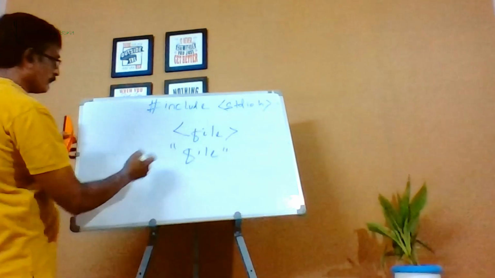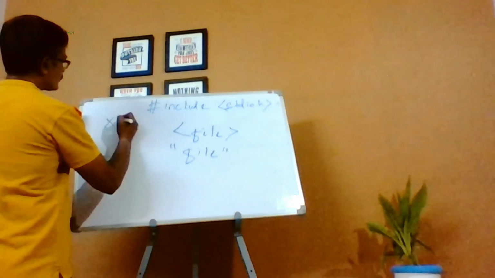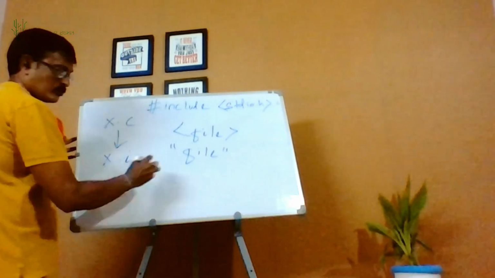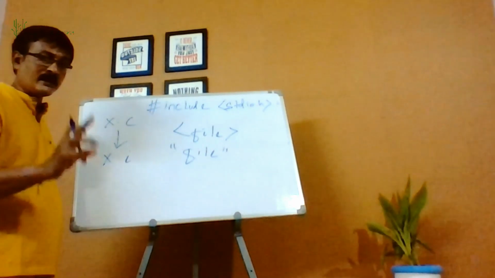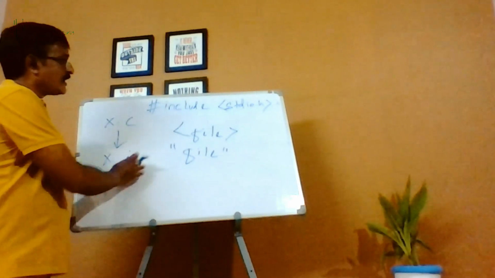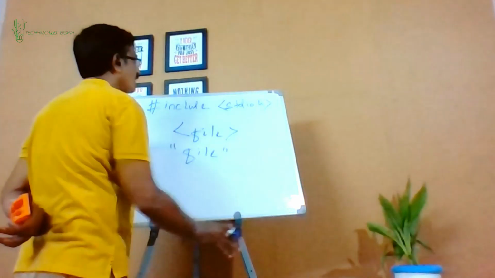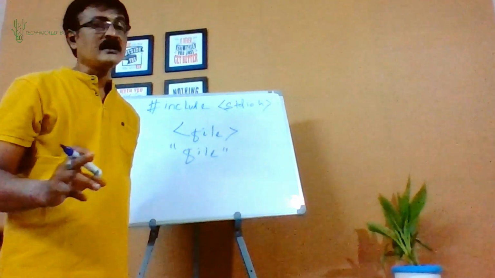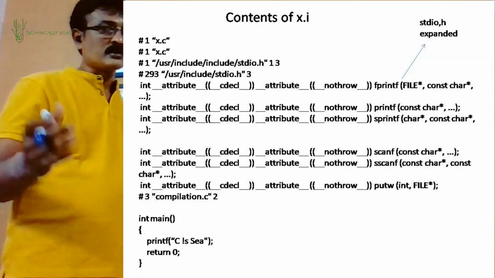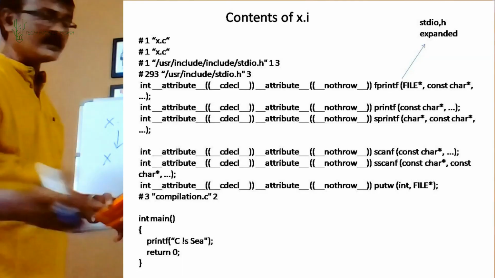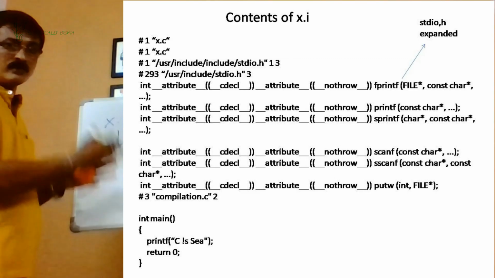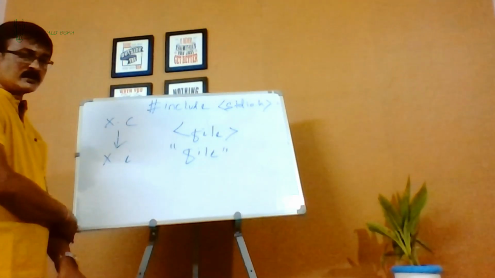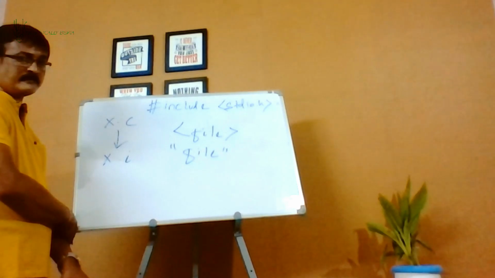That means, if you remember, I said if my file name is x.c, I am getting a file x.i after it goes to the preprocessor. Remember that example in my last video? Alright. So x.i will contain the entire contents of stdio.h if it is included inside the program. Remember that. And I had already shown you how it looks like. Once again, for your sake, I'll just have this slide to show you how it looks like. Look at the slide. Could you see the expansion over there? It is already expanded. Alright.